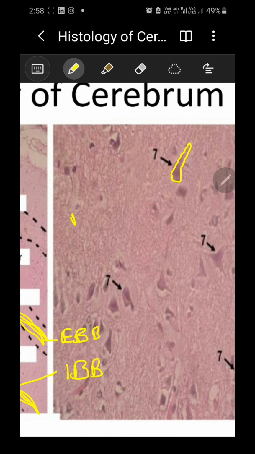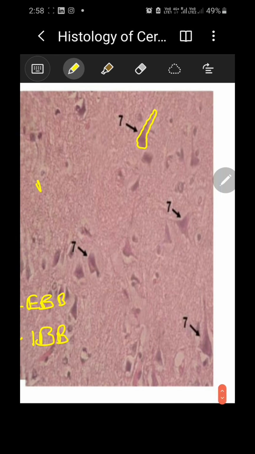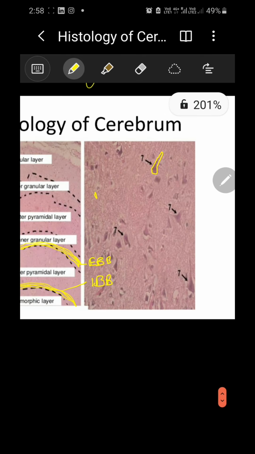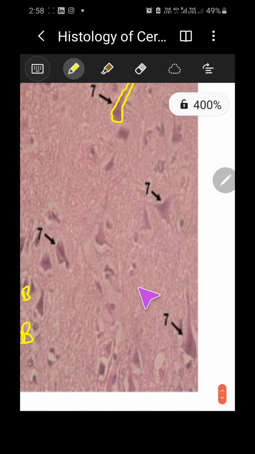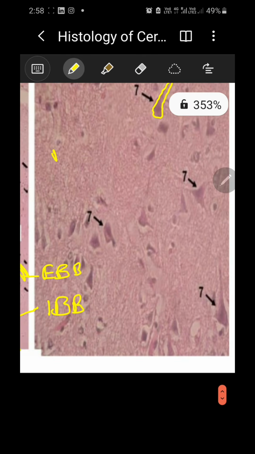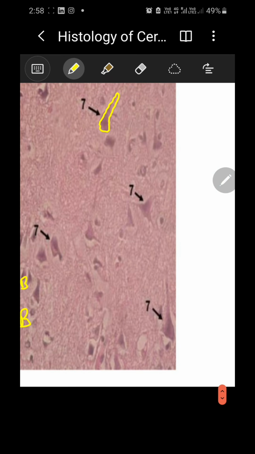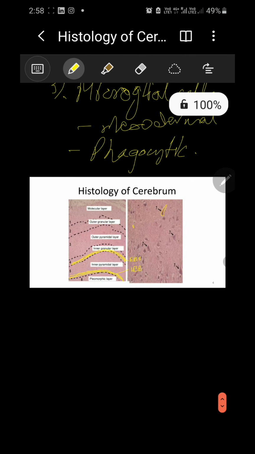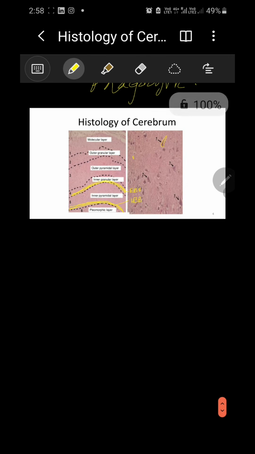Remember neurohypophysis also, not only cerebrum, cerebellum and spinal cord. Neurohypophysis is sometimes given for identification. So you just find these pyramidal cells, and you will be able to guess. And of course in the rest of them you may also find the granulocytes as well as the neuropil. Neuropil is actually the nerve fibers in between. So that was about the